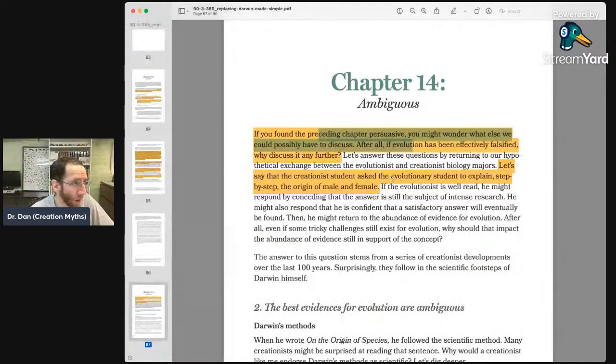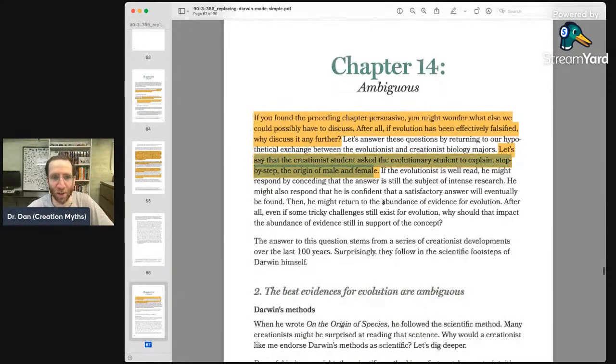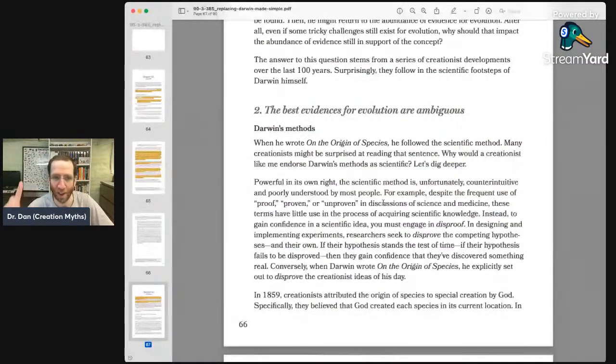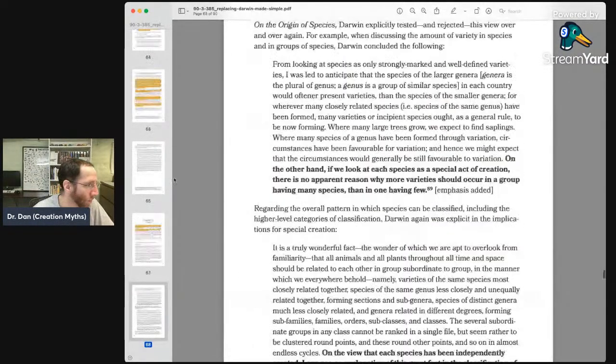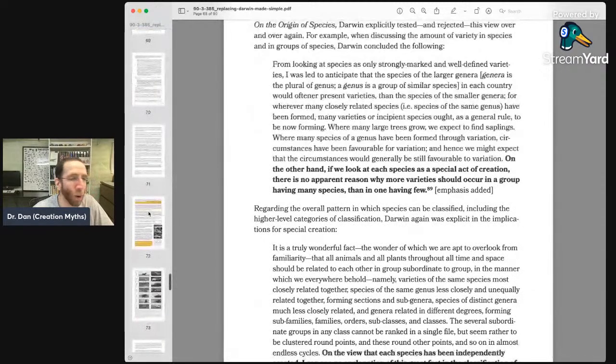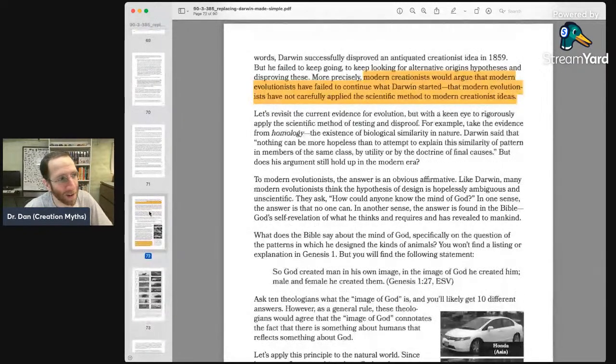So let's say that I just love the hypotheticals. It really is like Chick tract level terrible. If you don't know what that is, Google it. It's terrible. Okay, so what did I highlight in this chapter? This is basically just a lot of equivocation. Oh, but then it gets to this part.